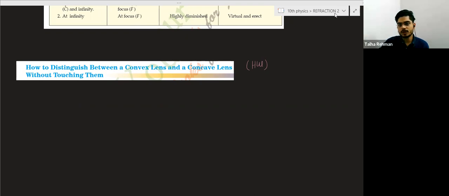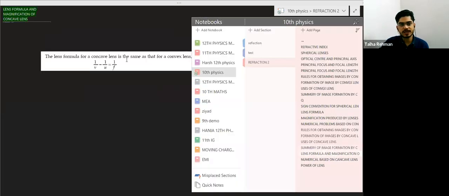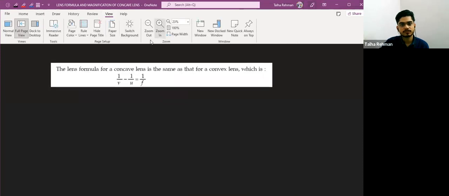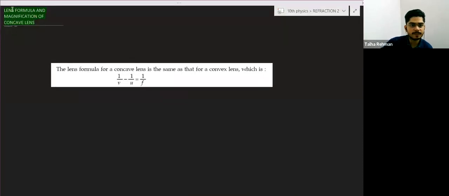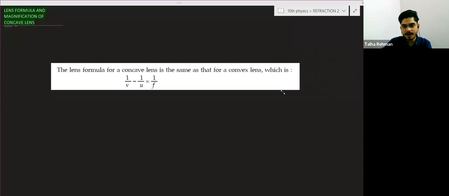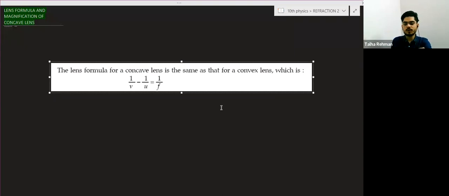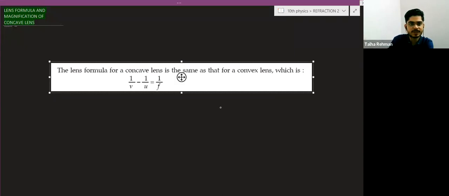So now I am moving to the lens formula and the magnification for the concave lens. So this is the lens formula. For the concave lens and the convex lens, you have the same lens formula. See this. And now what is the magnification? So magnification is also